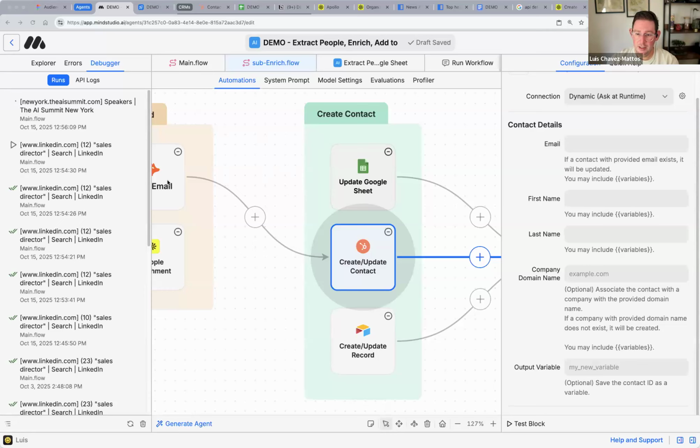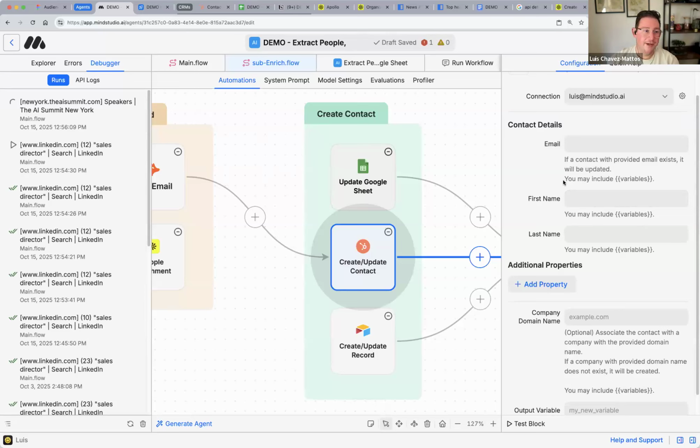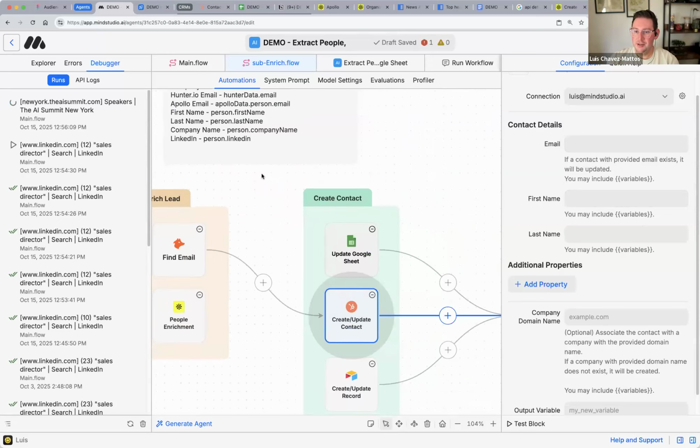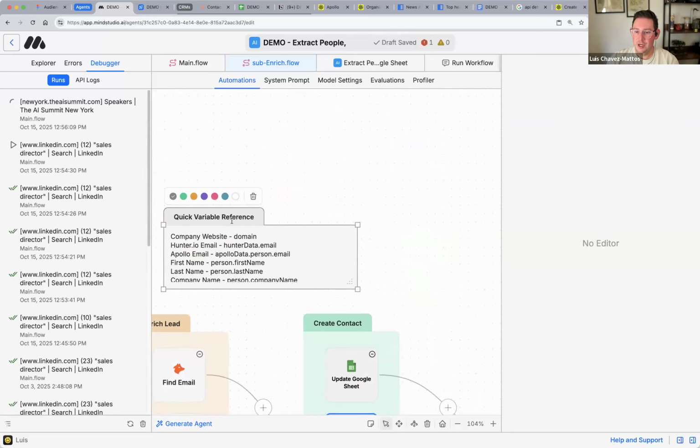And now it's available here, right? And what's cool about this sort of thing, we can actually go in and let's use this quick reference guide again,